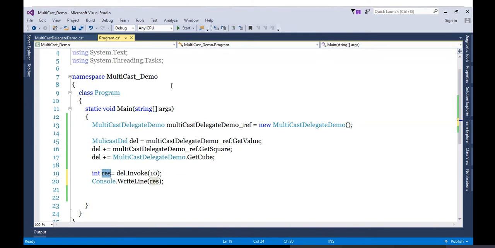Then secondly, it will go to GetSquare. The square gets computed, 100. So what it will be doing is overwriting the value now. The initial value of resultant was 10, now it will be 100. And quite similar to this, GetCube will get executed and 100 will be replaced, and what I will be getting here is 1000. Let's watch out.